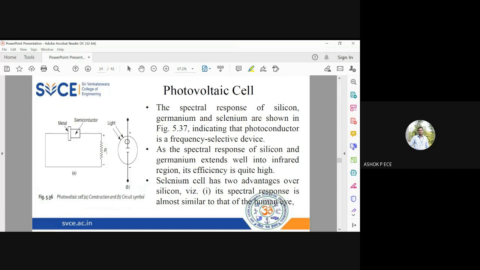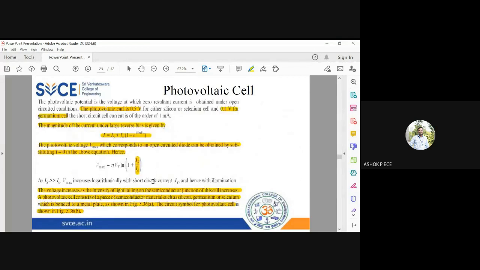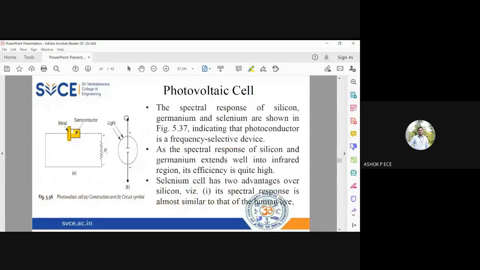As shown here, you have a metal layer followed by a semiconductor layer. Okay, so that is what is given here. The photovoltaic cell consists of a piece of semiconductor material, which can be made of silicon, germanium, or selenium. You bond that to the metallic plate. Okay, and this is the circuit. It generates a constant DC voltage. So you draw a DC voltage battery and encircle it, and you indicate that light is going to fall on it. As the light falls, it is going to generate